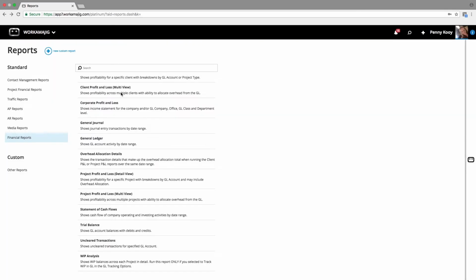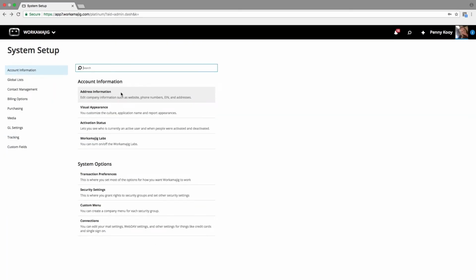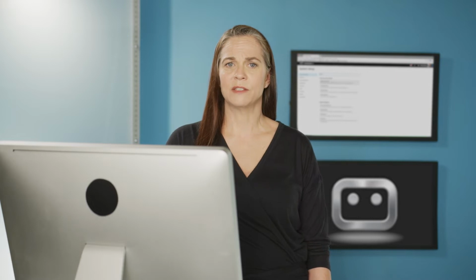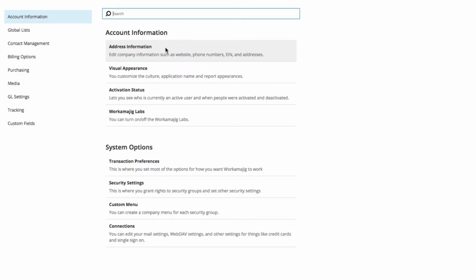When we look at the system setup areas, there's going to be a great deal of information in here. It could be quite confusing to some people because they're probably not going to have access to all of your different setup areas. So it's nice that this is hidden to just those folks that are traditionally going to be managing your system. You'll see there's account information, there's different system options for your transaction preferences, all of your security